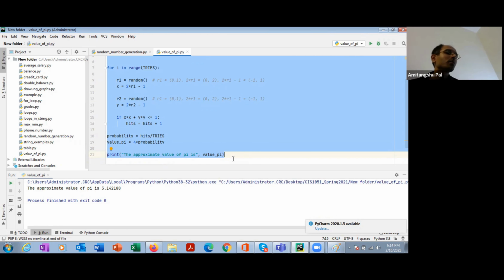So to make your code more and more organized, you need to divide the entire job into small subtasks, and then write functions corresponding to small subtasks. Whenever you want to conduct that task, you call that function.